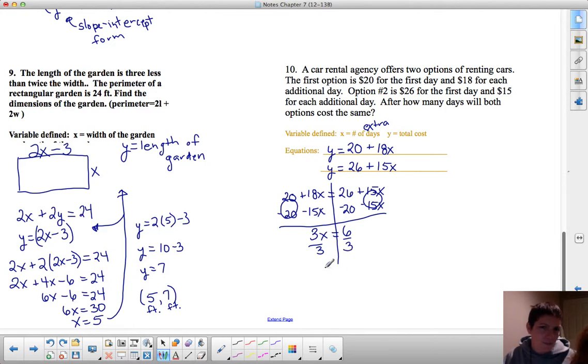How many 3's fit inside 6? 2. Good. So we find out that after 2 days, our rental car agencies will have the same price. So really after 3 days, right? No. So 2 additional days. And that's all we needed to know, right? How many days will both options cost the same? They didn't want to know how much it's going to cost, they just wanted to know when. So after 3 total days,